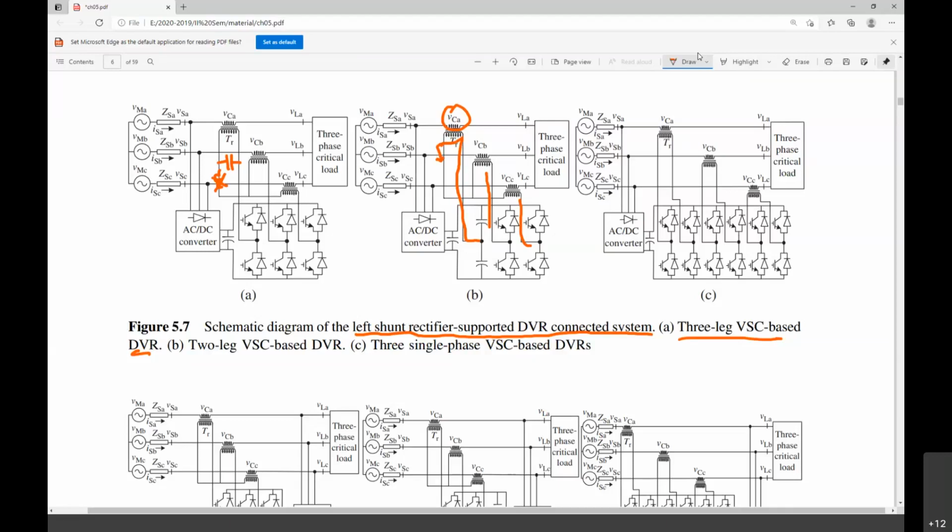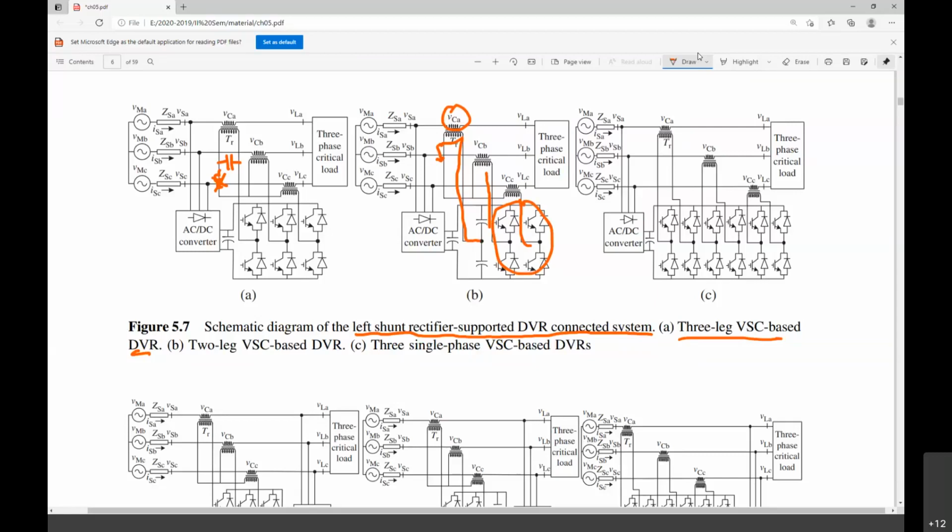In that case, the price of the inverter is also going to reduce, and also the switching losses, because if you have a larger number of switches, then the switching loss is also more. But with this kind of topology, the 2-leg VSC based DVR, the switching losses are very low, and it is also very easy to control. Why is it easy to control here? We have to control only the two legs over here. There is no one more leg to be connected, as there is in the three-leg VSC. But here it is a two-leg control. The control technique is also easy.